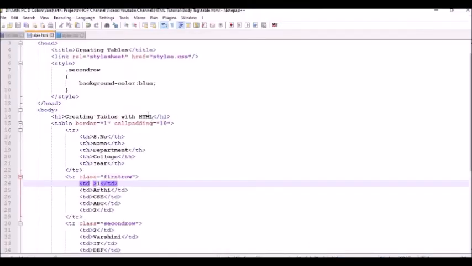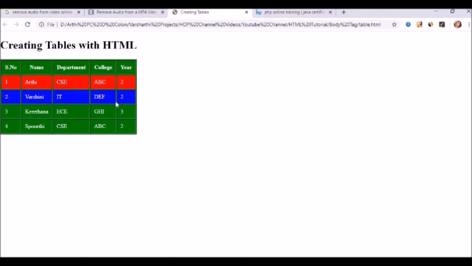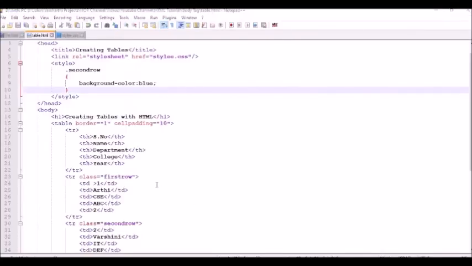So what I can do is have the second row background color blue. Here we have set the entire second row background color to blue. I want to change the last cell of the second row, that is record 2, into some other color.